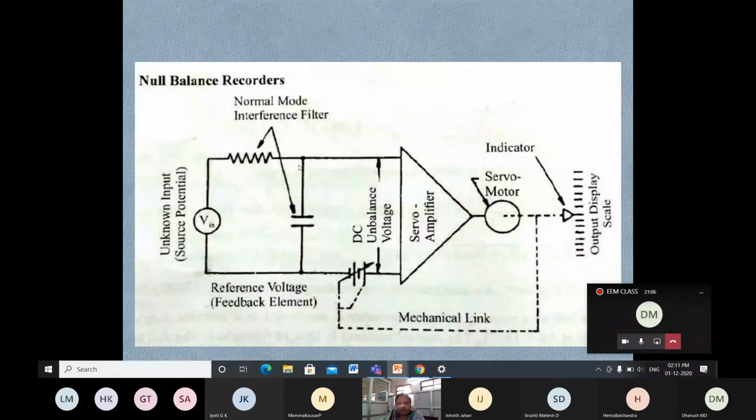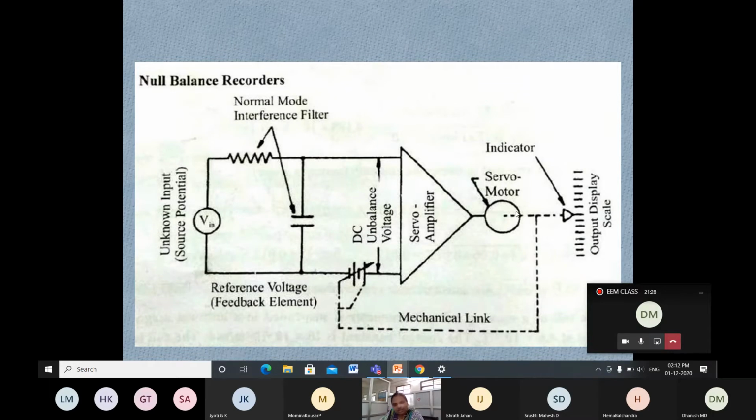If the difference is 2 volts, it's okay. 3 volts means again a feedback, it's not the correct value. Again it comes with the feedback, then again check with that, until it comes to 2 volts, or 2 point some value, or 1.9 volts. That value is going to be amplified and given to the servo motor.